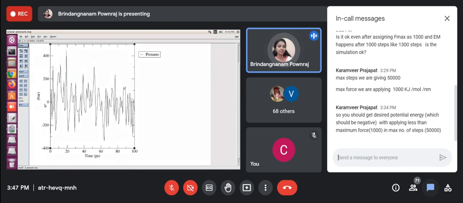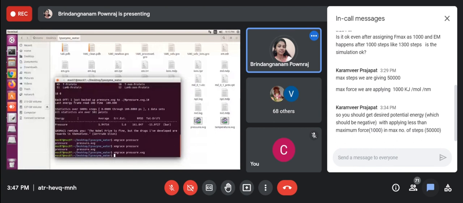So pressure also almost stable. You can see. Then if you want, you can save the file, go to file, then save. Then the next command is finally MD production only.